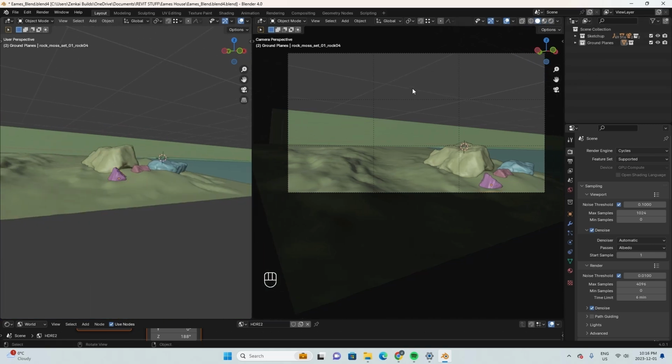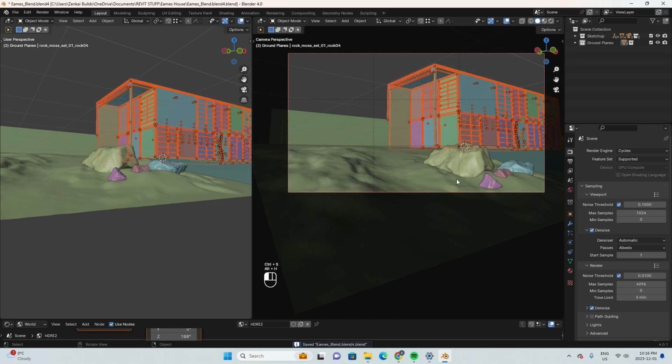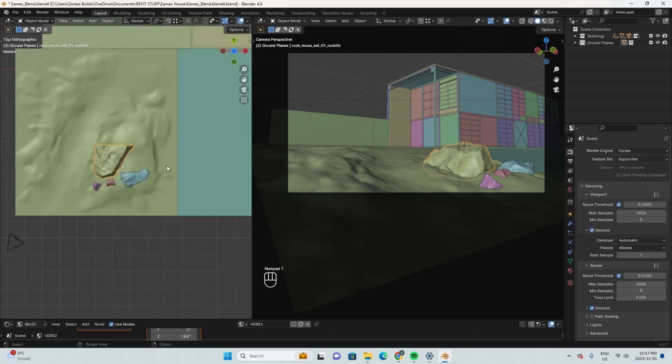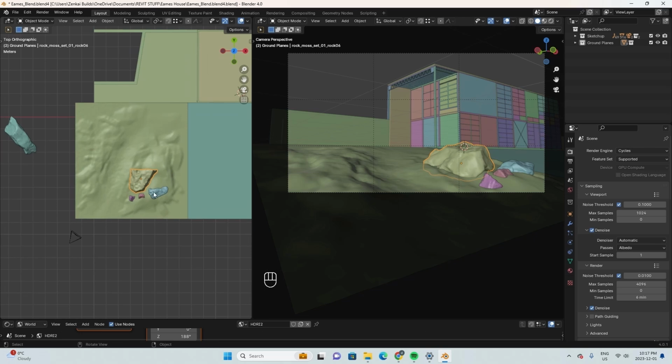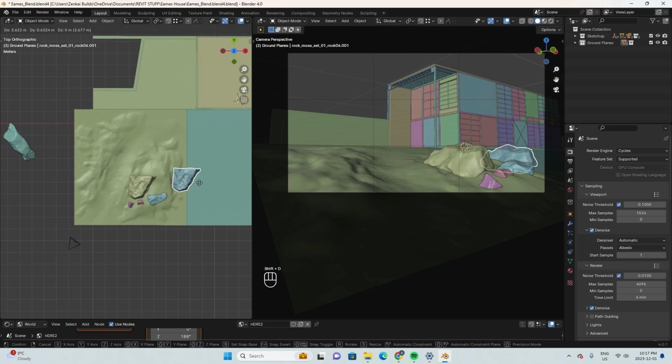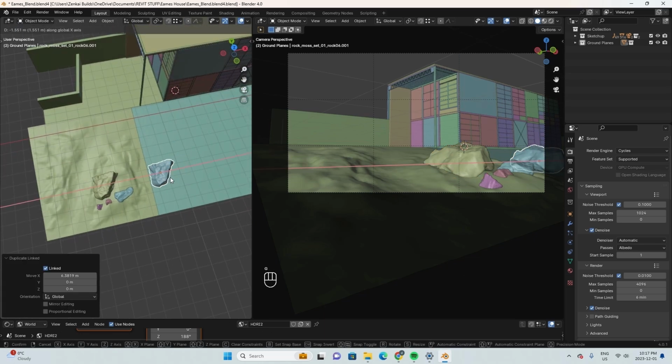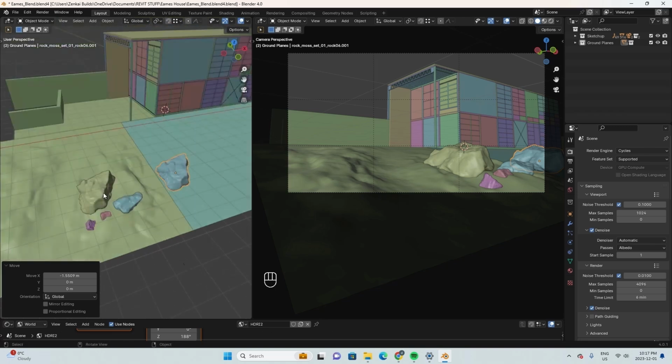I'm actually going to hit save first, hit Alt-H to bring the house back in so I can see what bits of it they're blocking out, because that might play a bit of a role in what we do. Now, I'm going to start copying some of these too, and when I copy them, there's two ways I can do it. I can hit Shift-D, that creates a unique copy, or I can hit Alt-D, which links them. This uses less memory, but if you want to make one unique in terms of modeling, like let's